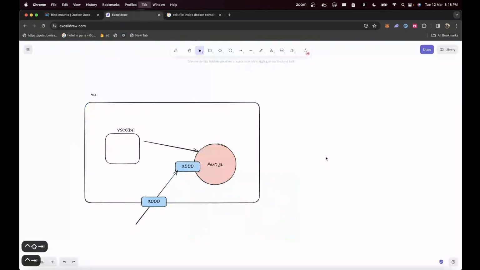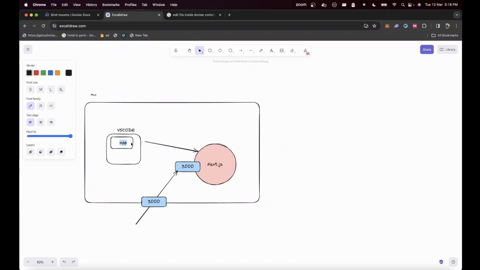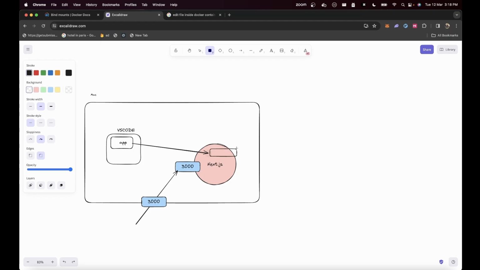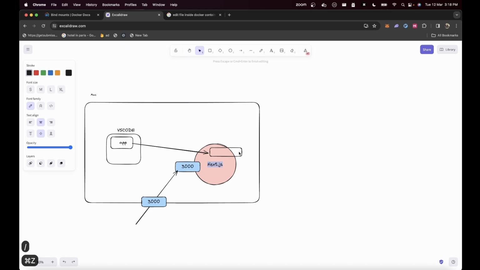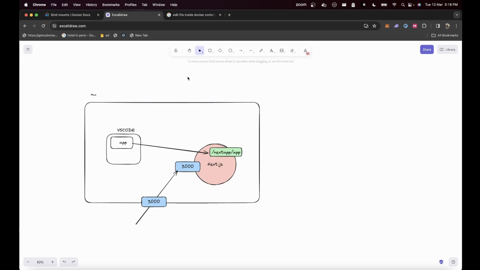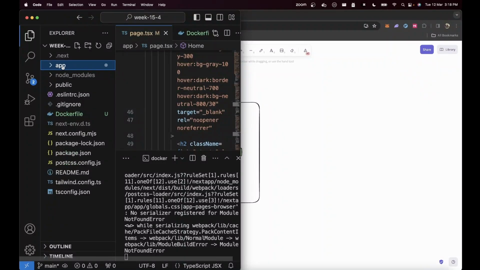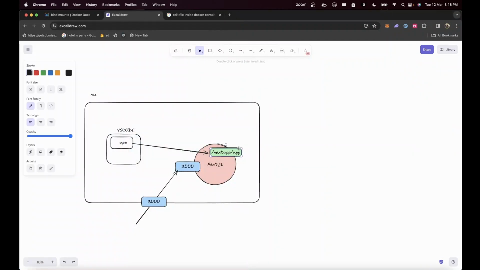What were bind mounts? They said, bro, I can take a folder over here, for example, let's say the app folder over here, and mount this app folder over to a folder inside this Next.js container. For example, the /next_app/app folder. If I can mount the app folder in Visual Studio Code, which is this folder right here, to the /next_app/app folder on the container, which is